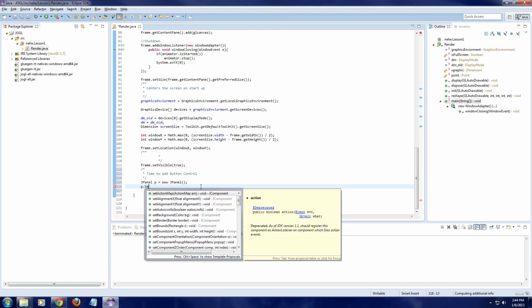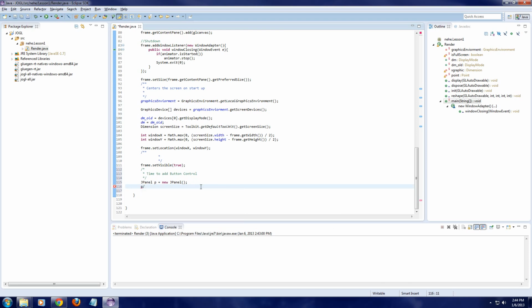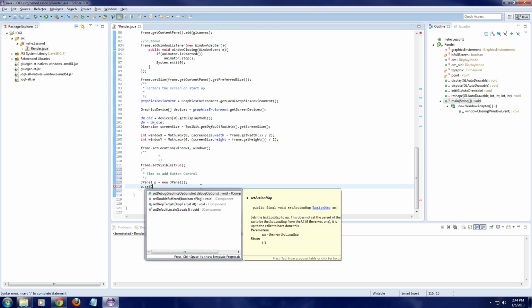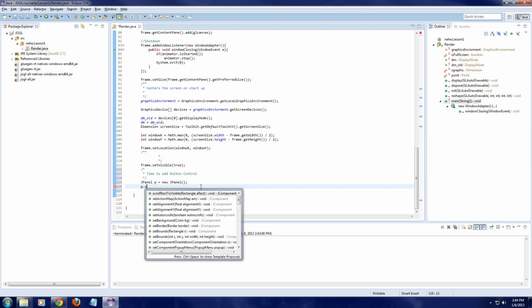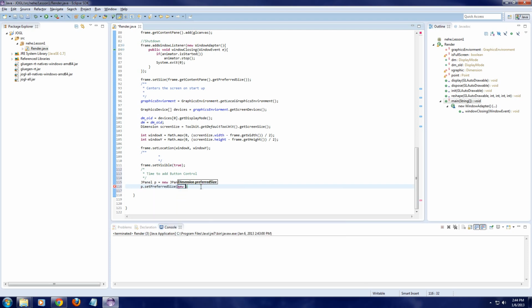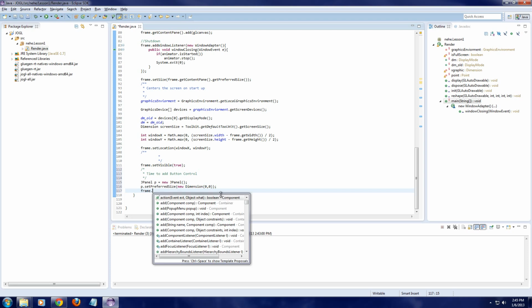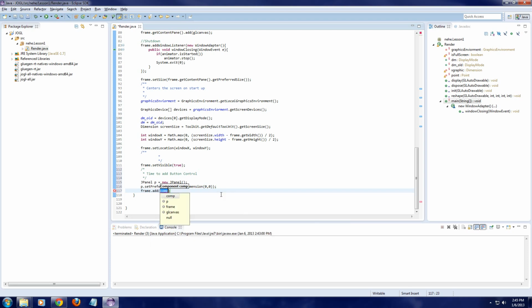P dot, I'm going to set the size now. P dot set preferred size, new dimension, and I'm creating it dimension 0, 0, which is very small. Actually, it's so small you can't even see it. And then I'm going to do frame dot add component. Now we're adding P and